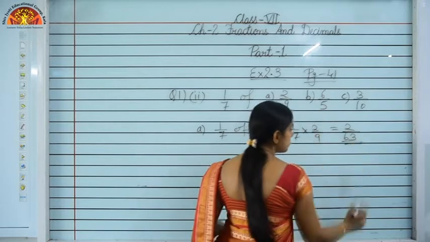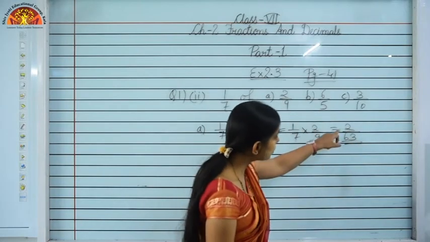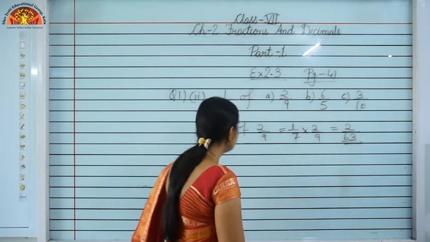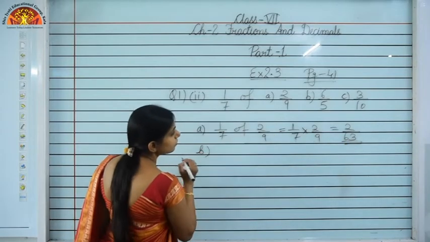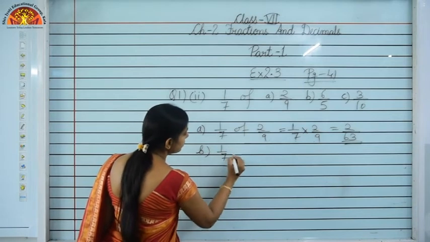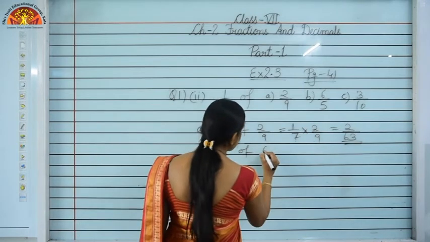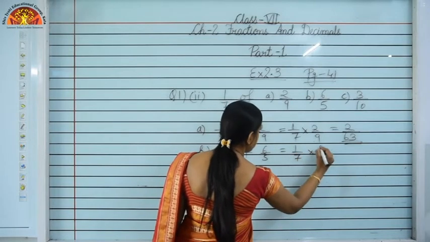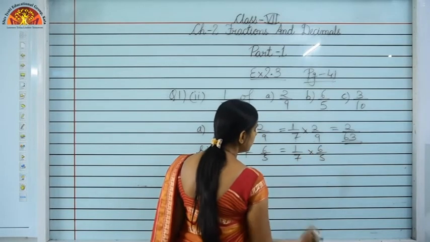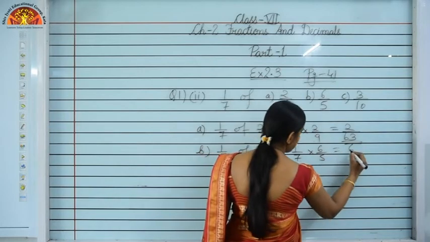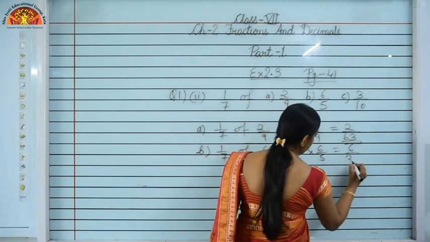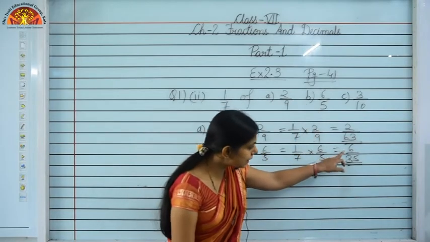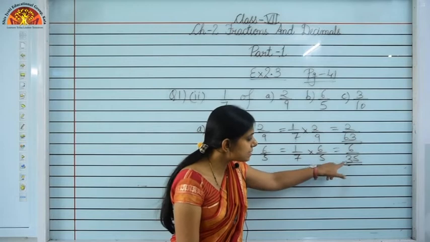You can see it is a proper fraction because the 2 is less than 63. So, the answer will remain as such. Now, just see the B part of it, that is 1/7 of 6 upon 5. Again the same thing, 1/7 into 6 upon 5, that is 1 into 6 is 6 and 7 5s are 35. So, your answer is 6 upon 35, which is again a proper fraction, that is 6 is less than